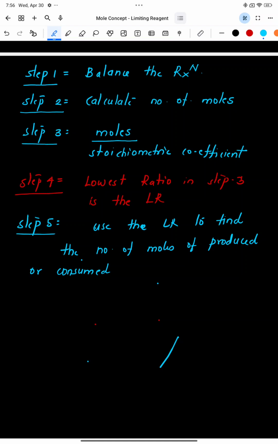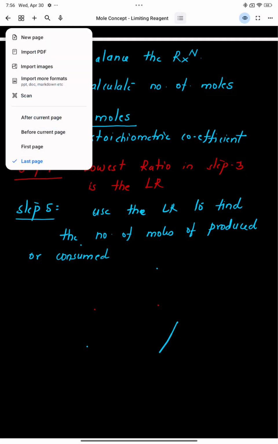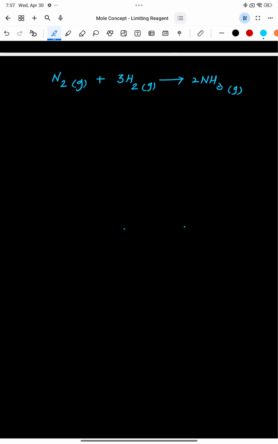Okay, so let's take an example. So let's say we have Haber's process. Let's write the equation first. We know that the balanced chemical equation is N2 plus 3H2 gives us 2NH3. And let's say we have around 14 grams of nitrogen available, and let's say we have 12 grams of hydrogen available,